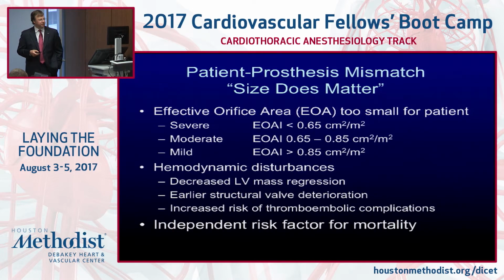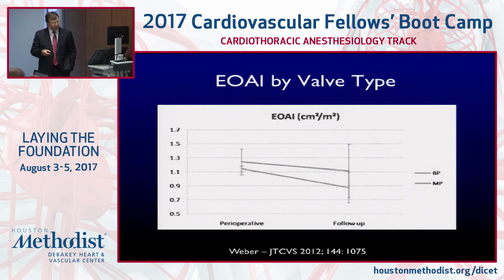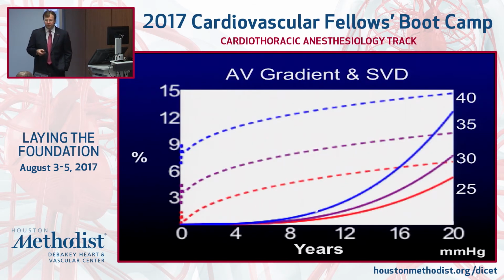Size matters. The effective orifice area of the valve is important, whether it contributes to your survival, your quality of life, or the risk of structural valve deterioration down the line. And this study showed AVR survival by valve type. The mechanical valve had a better overall survival, which goes against some of the other studies we've seen. But when they looked at the effective orifice area, the mechanical valves had a much better effective orifice area. The tissue valves had a much lower effective orifice area, so that may have contributed to the early decline. We also know that